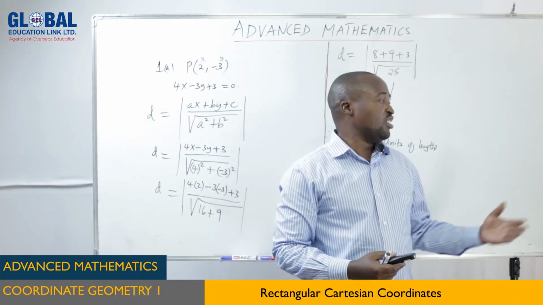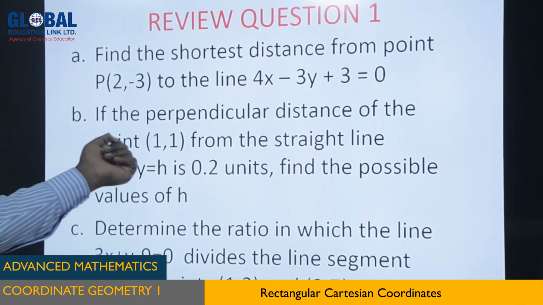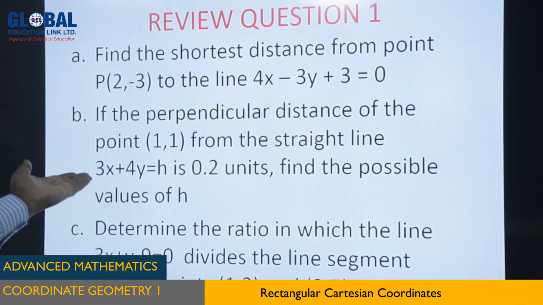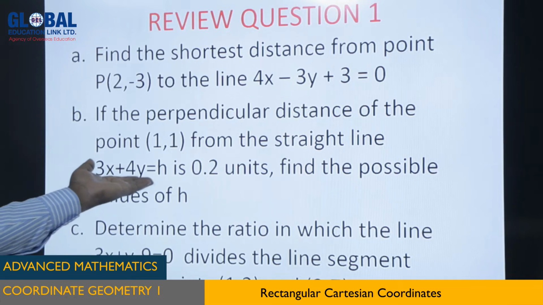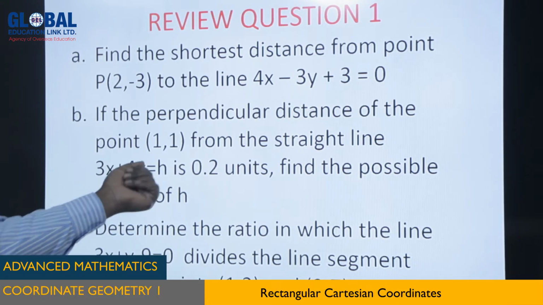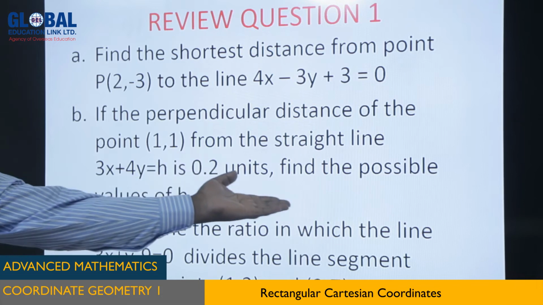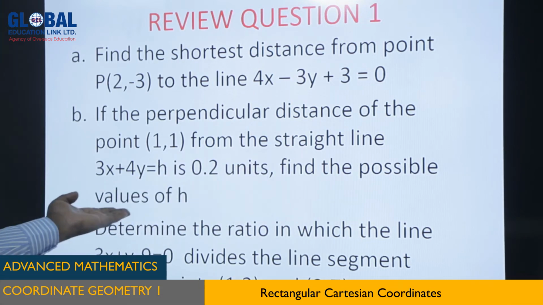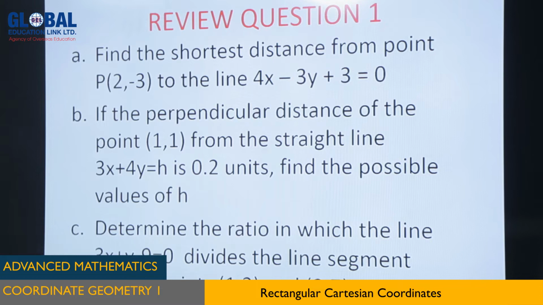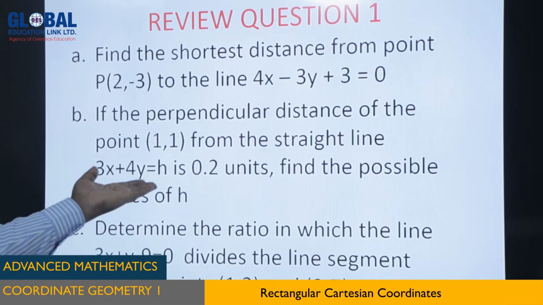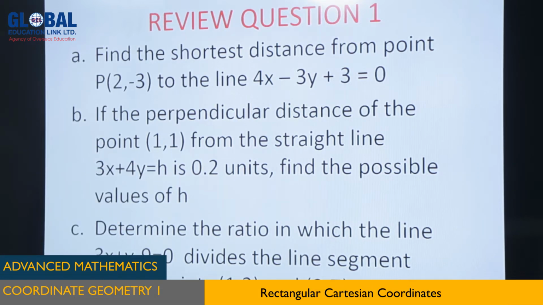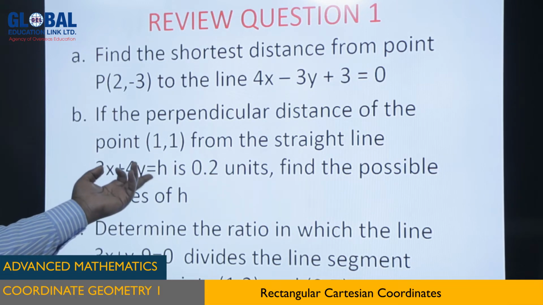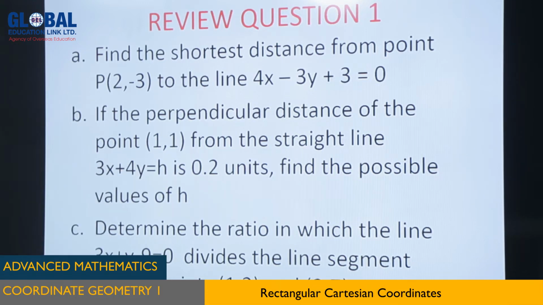So the question says, if the perpendicular distance of the point (1, 1) from the straight line 3x plus 4y is equal to h is 0.2 units, find the possible values of h. This time we have an unknown. So h is unknown. We are looking for the possible values of h. So again, for such kind of a question,